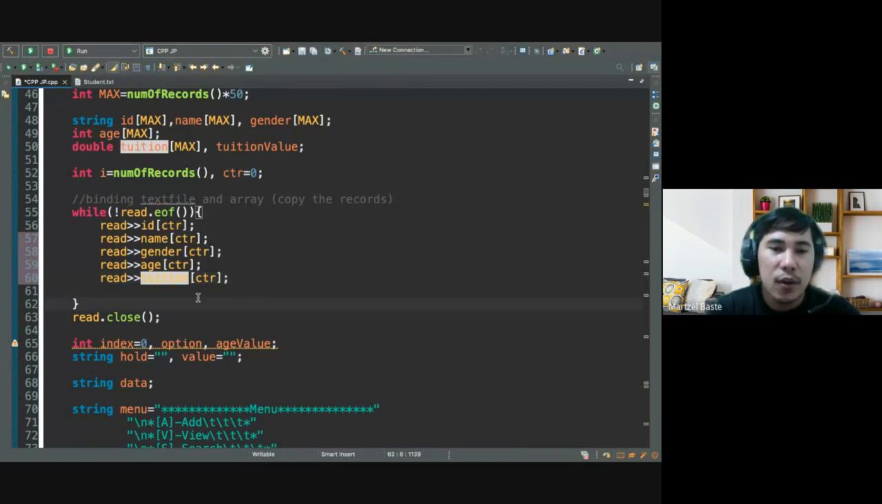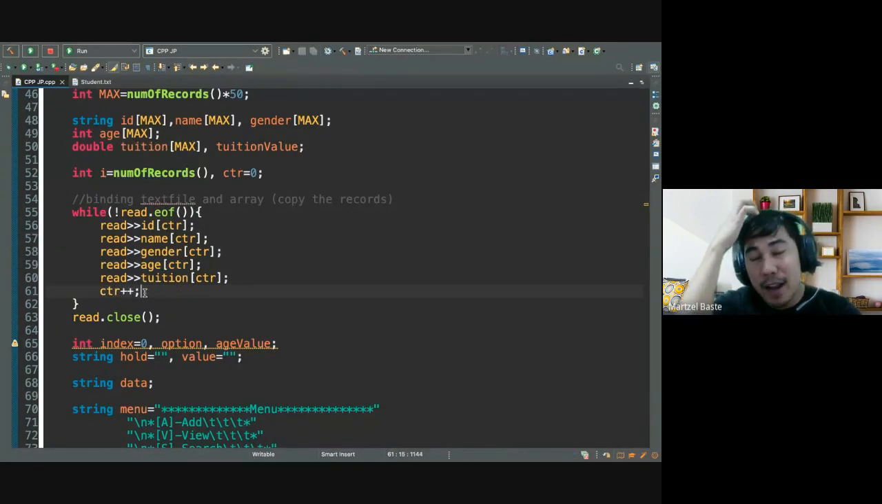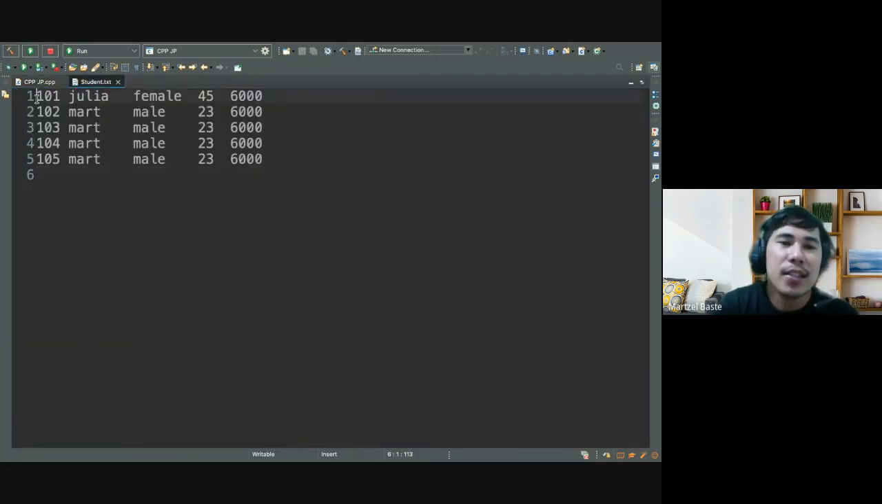Okay, so don't forget to increment the value of CTR by 1, because this will assume that this is the first index. So meaning this is index 0. Next, 102 will be index 1. 103 will be index 2. This is index 3. This is index 4. And every